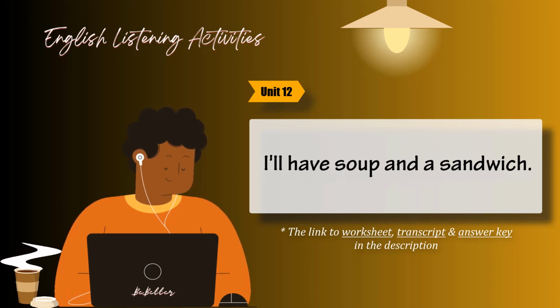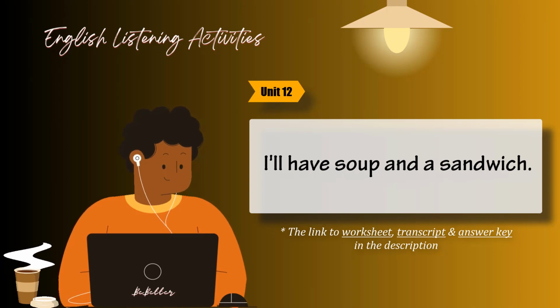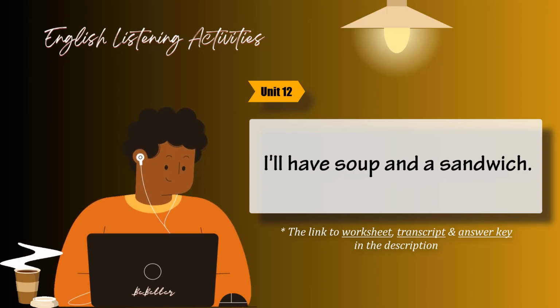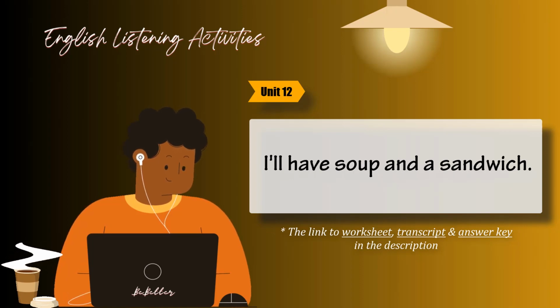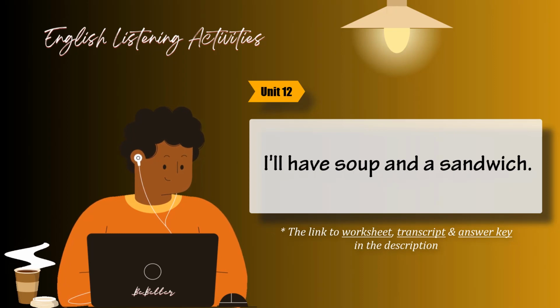Task 4. Listen and check if would or will is reduced. Then listen again and practice. 1. Would you like to see the menu? 2. Yes, I'd like a menu. 3. I would like a hamburger. 4. What do you have to drink? 5. Will that be all? 6. I'll have the sirloin.